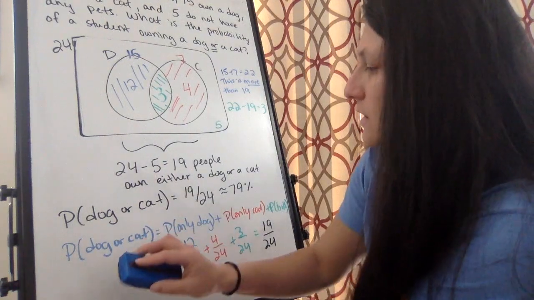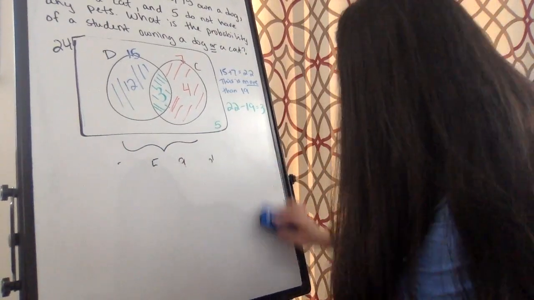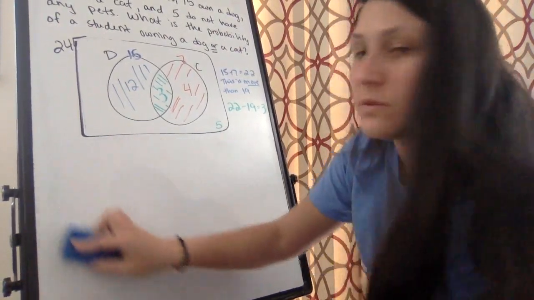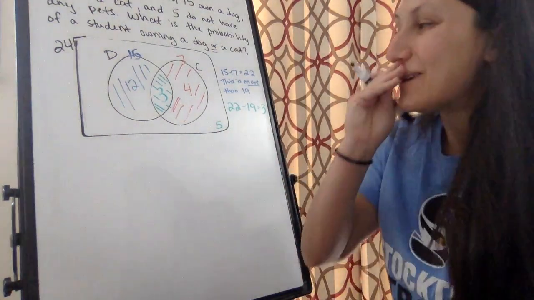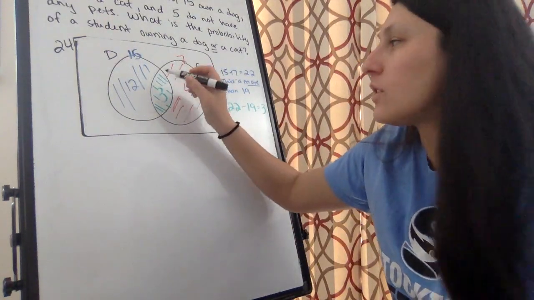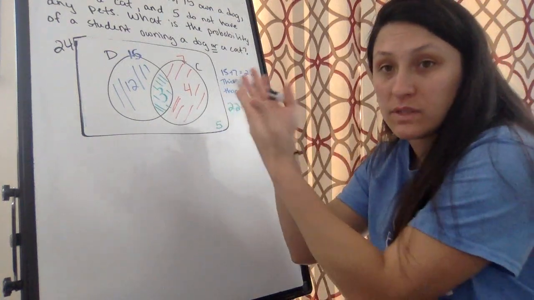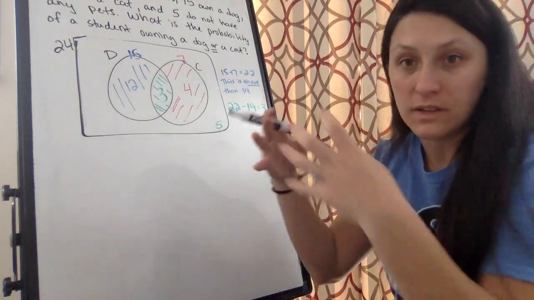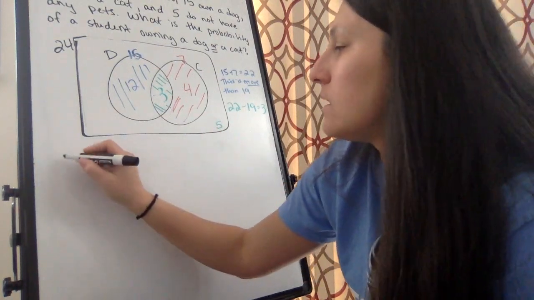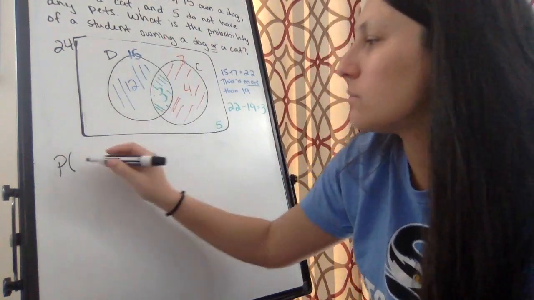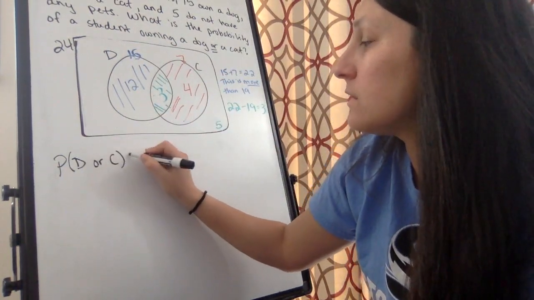Okay, so let's put it right here. Another way to think about this problem, and we should still get 19 out of 24 as the answer, is to figure out how many people are in the intersection. This is called the intersection because it's the part of the Venn diagram that shows what's in common between the two sets. So we call that the intersection. If you can figure out the intersection, which we knew already to be 3, then the probability, I'm going to do some abbreviating here. I'm just going to call this D for dog and C for cat. The probability of D or C